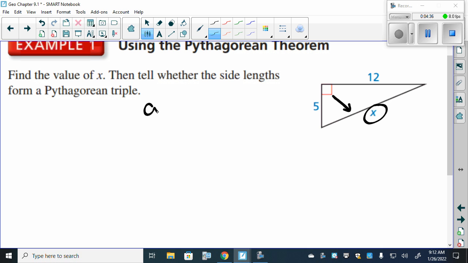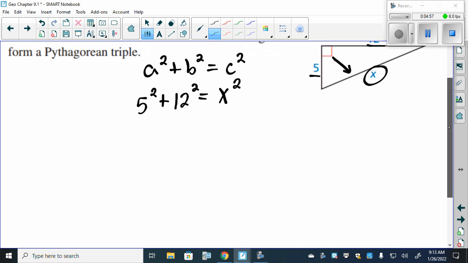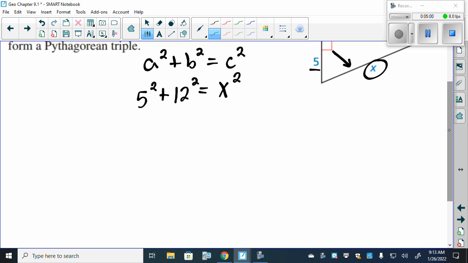So for our theorem, a squared plus b squared is equal to c squared. The values of a and b are 5 and 12. So 5 squared plus 12 squared is equal to x squared. Now at this point, we can simplify and solve. So I can do 5 squared, 5 times 5 would give us 25, plus 12 squared, 144, is equal to